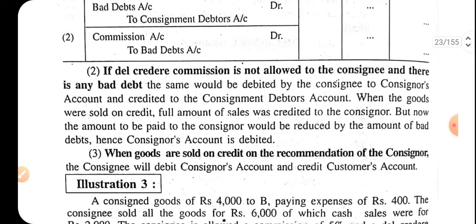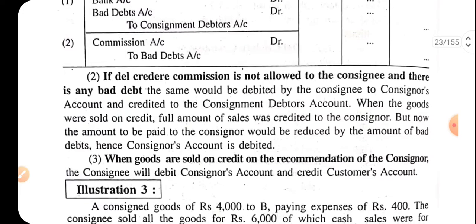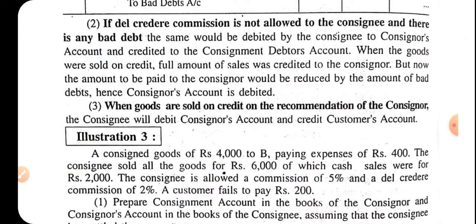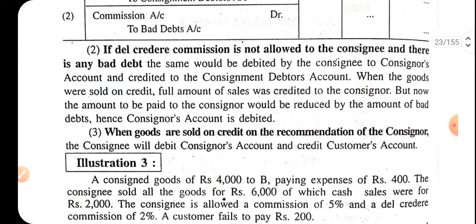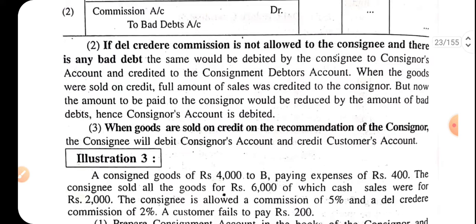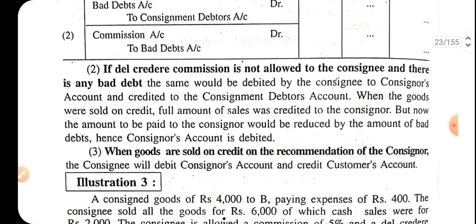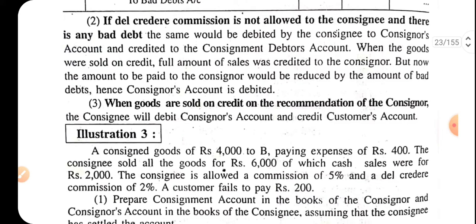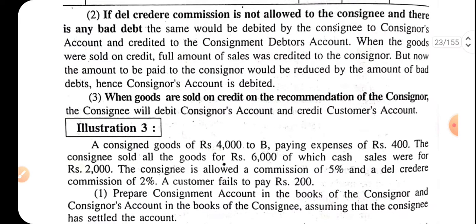So commission received account is debited to bad debts account. The bad debt arising from the credit sale will be borne by the consignee, and such loss, such bad debts is debited: commission account debit to bad debts account. So from the debit side of commission account, we are deducting such losses of bad debts. If del credere commission is not allowed to the consignee and there is any bad debt, the same would be debited to consignee, debited to consignee account and credited to consignor's account,